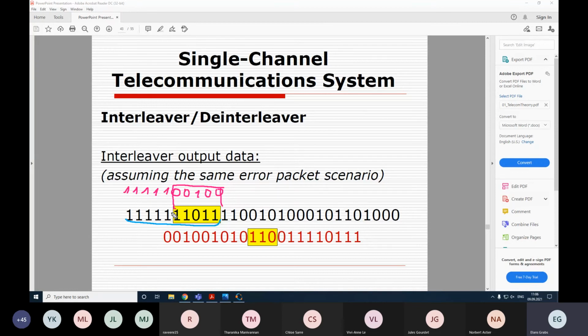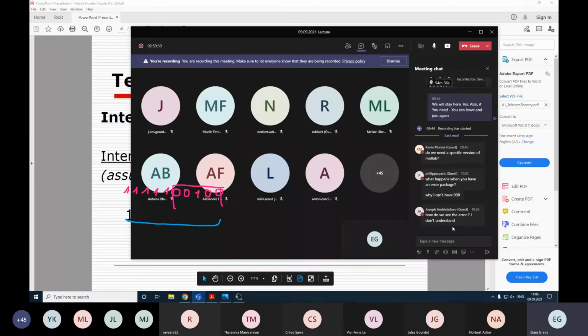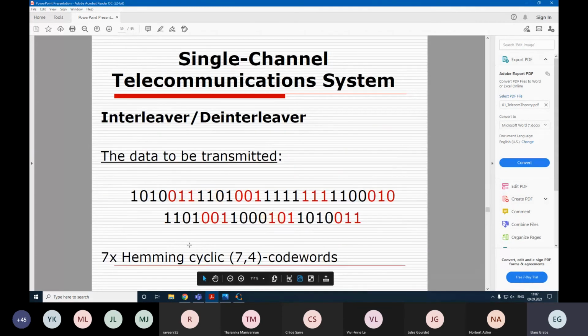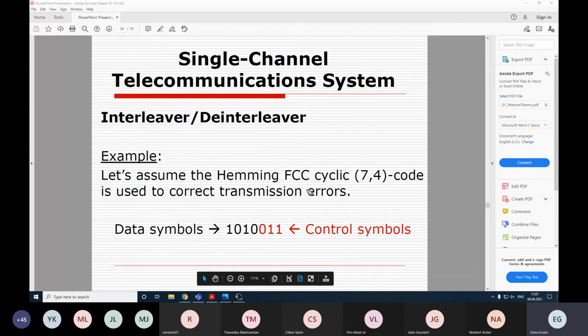The code can help the receiver tell that actually there is a problem, or even correct that problem on the go. And that is exactly how we see the error. The error is seen by calculating this checksum. So these control symbols have been calculated from this data